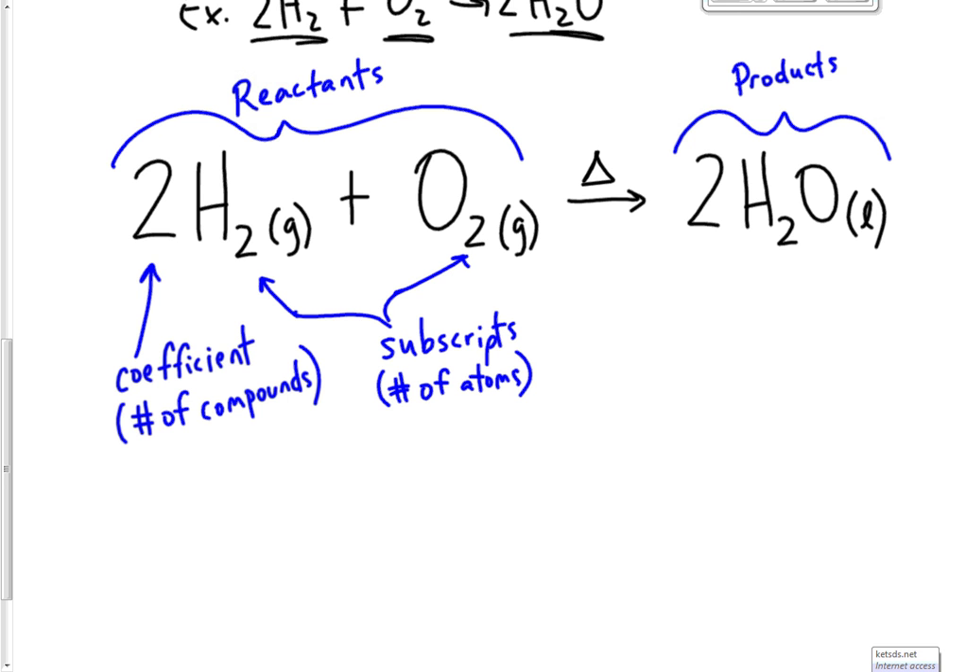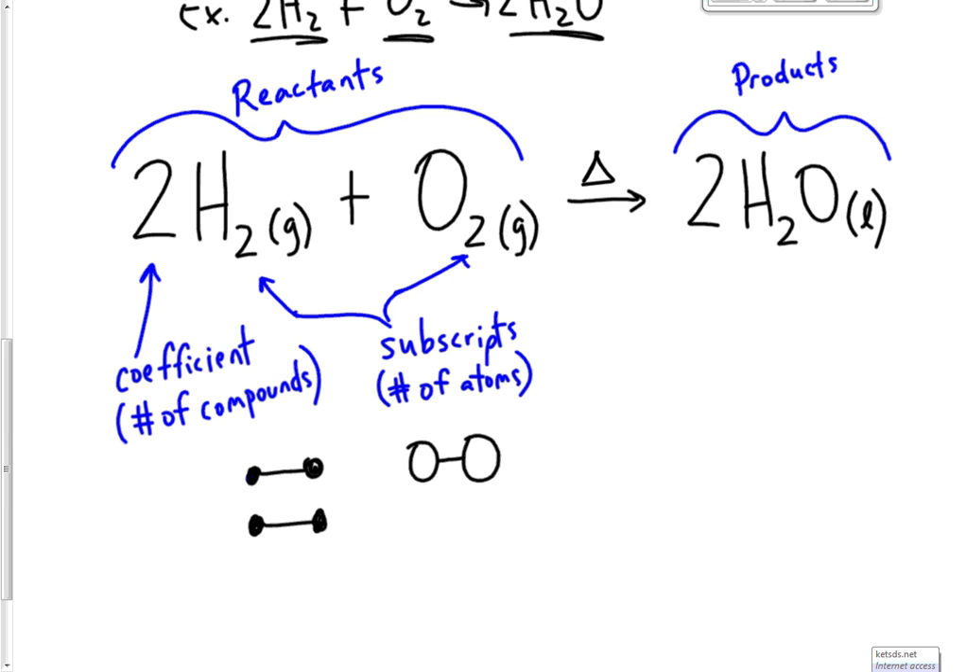If we were to only look at the left side and we were to draw this, we have H2. But then here it says we have 2 of them, so we need to draw a second one for a total of 4 hydrogen atoms. So you're going to take the coefficient and multiply it by the subscript to get the total number of hydrogen atoms. And then over here we have oxygen,